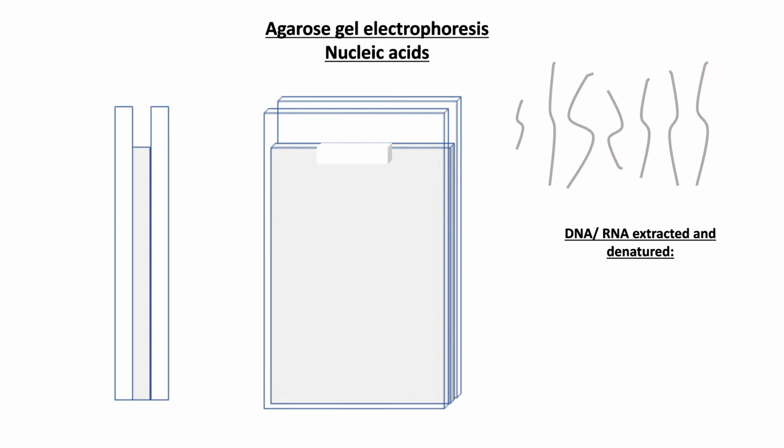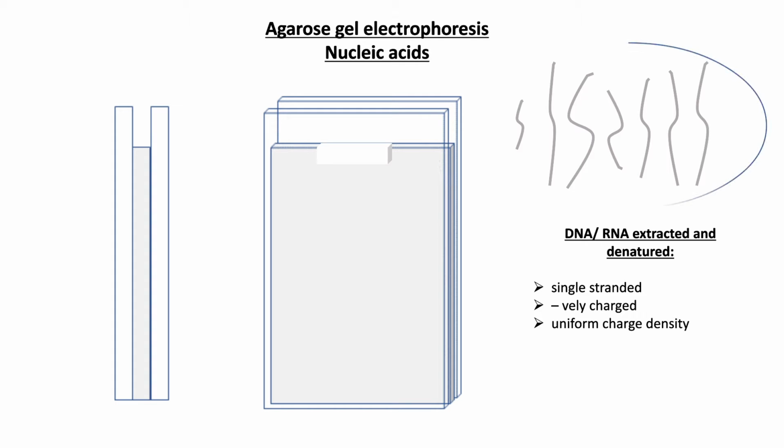These are the nucleic acids. It may be DNA, it may be RNA, and the nucleic acid is extracted and denatured. Means it has to be in a single stranded form. Normally DNA is double stranded, but it has to be converted to single stranded form by using the denaturants. So DNA or RNA both are single stranded, means they are denatured. Next, another thing is that they are negatively charged and there is a uniform charge density.